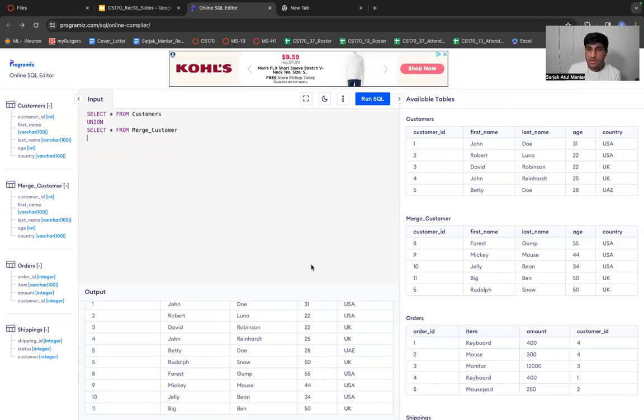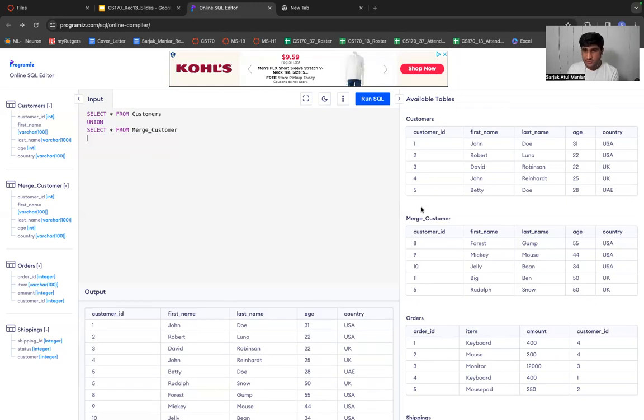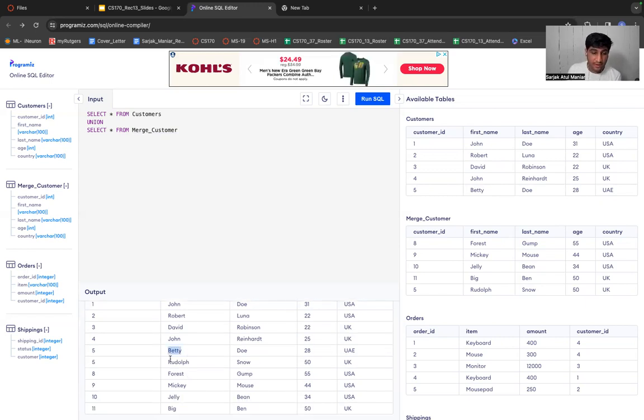But the first table, customers, only has 5 records, till first name Betty. After Betty, the further records of our second table, merge customers, are appended: Rudolph, Forrest, Mickey, Jelly.